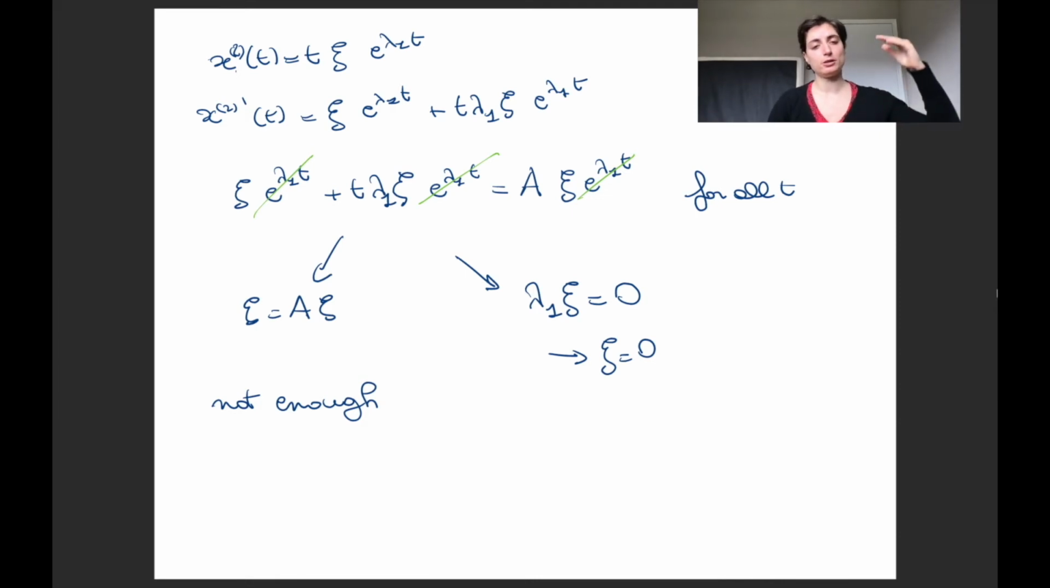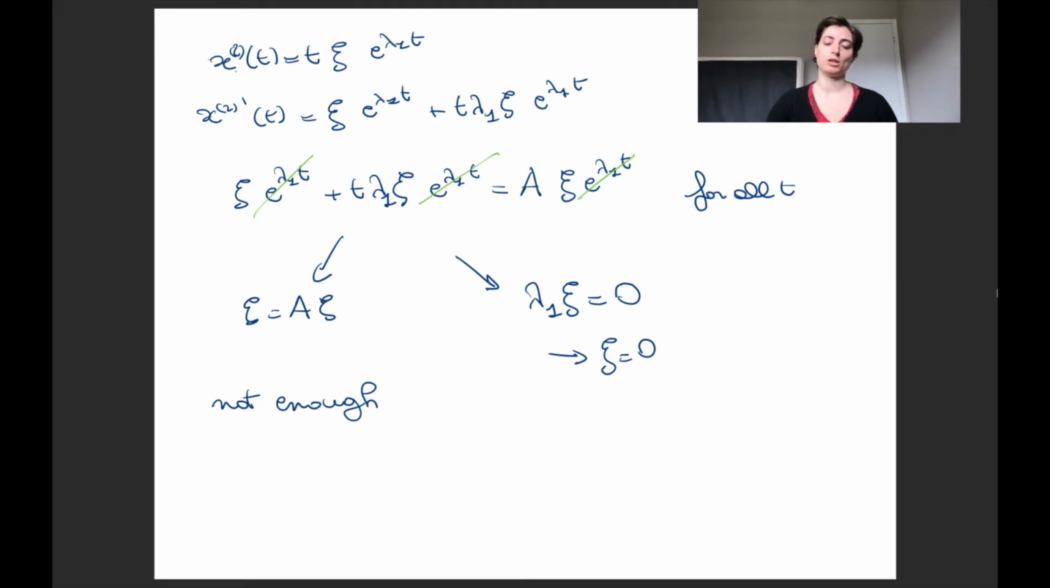So for power of t equal to 0, we have xi equal A xi. And for power of t equal to 1, we have lambda 1 xi equal to 0. That gives us xi equal to 0. This is not enough. This choice gives us something to go on, but is not flexible enough to allow us